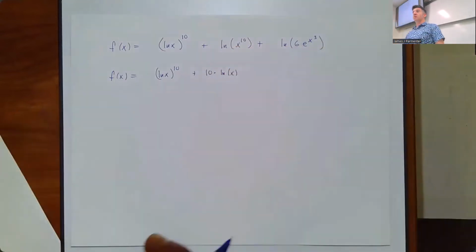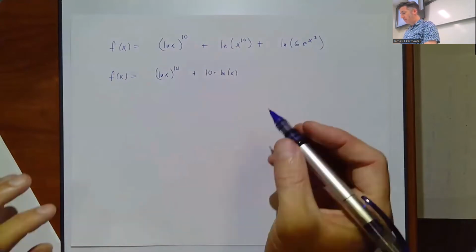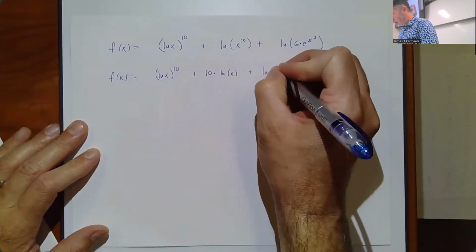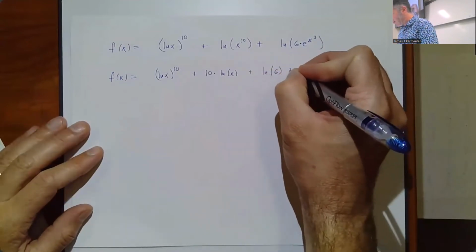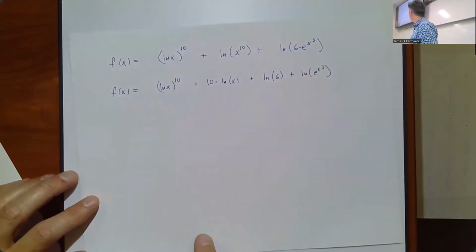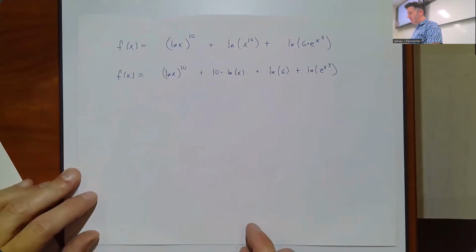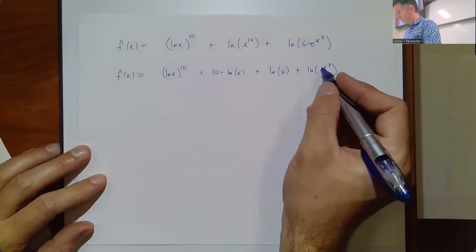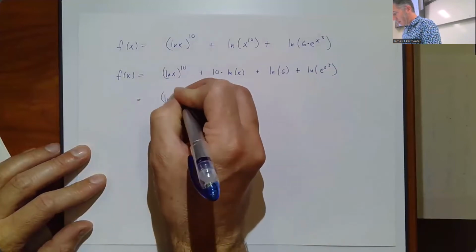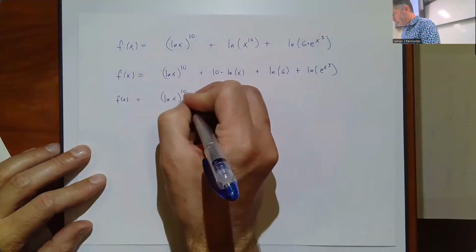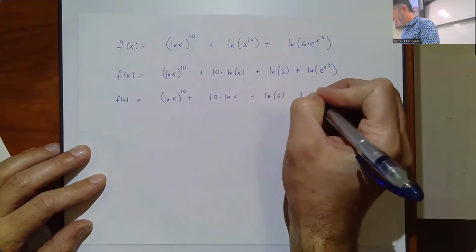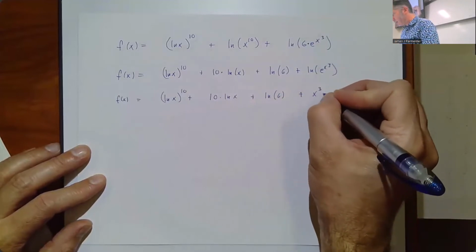And here I can use the product rule for logarithms, which is that if you have the natural log of something times something else, it's going to be the natural log of the first piece plus the natural log of the second factor. And we should simplify more because we can. Specifically, I can bring this x cubed down in front. This is going to be the natural log of x raised to the 10th plus 10 times the natural log of x plus the natural log of 6 plus this x cubed comes down in front and we're left with the